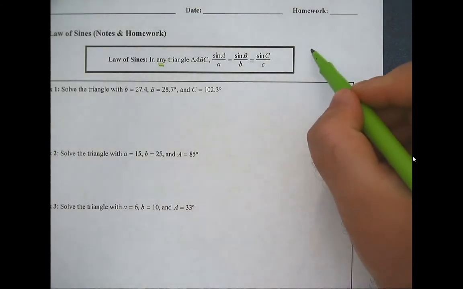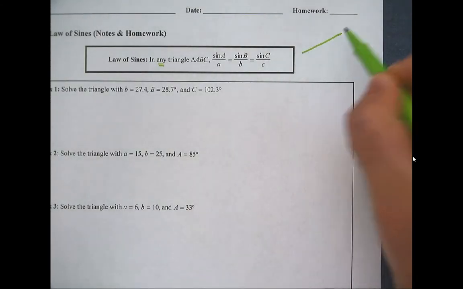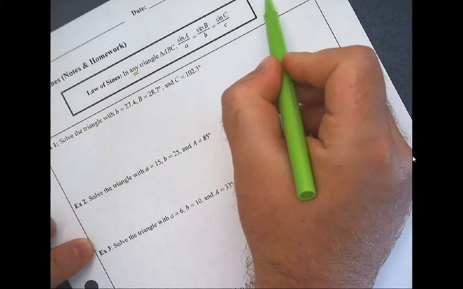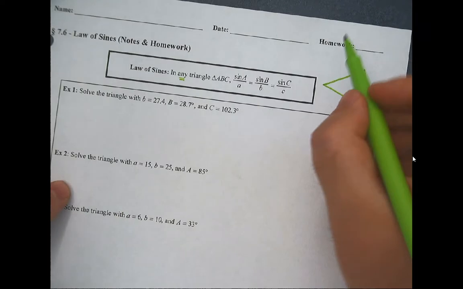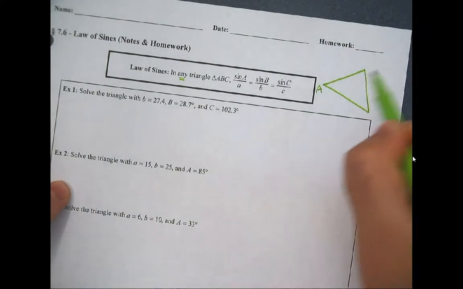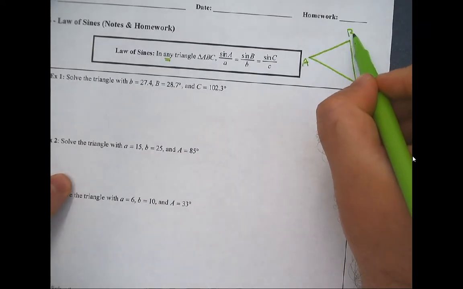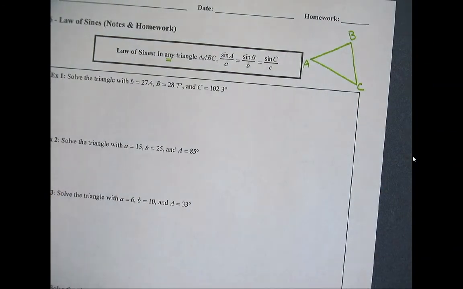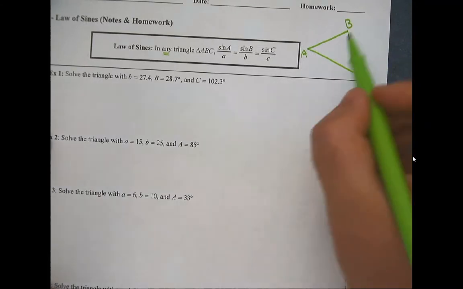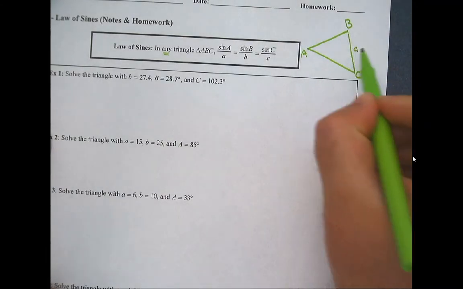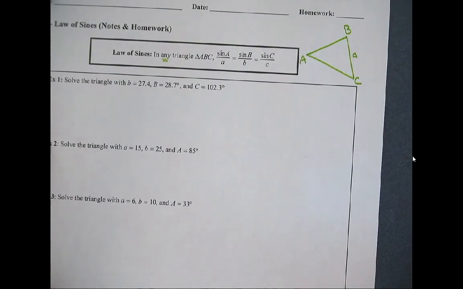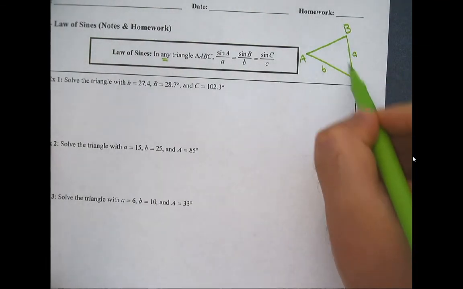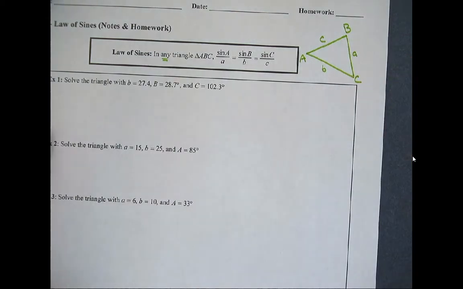Now let's do a quick reminder of how we identify the pieces of a triangle. So I'm just going to draw some random triangle here. I'm going to call this big A. I'm going to call this big B. I'm going to call this big C. The angles are represented with the capital letters, and then little a is the side that's opposite the angle A. Little b is the side length that's opposite angle big B, and little c is the side length opposite angle